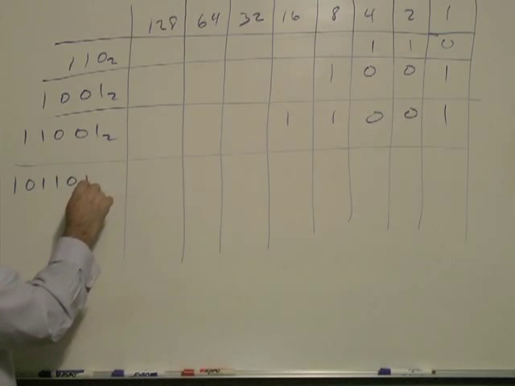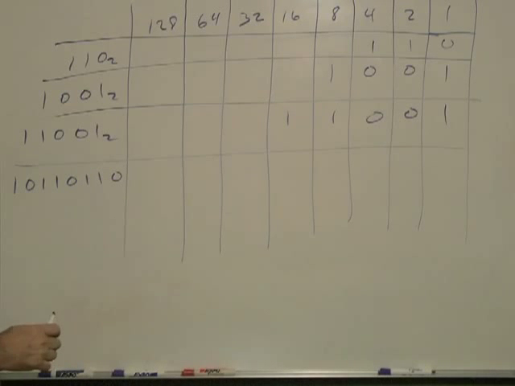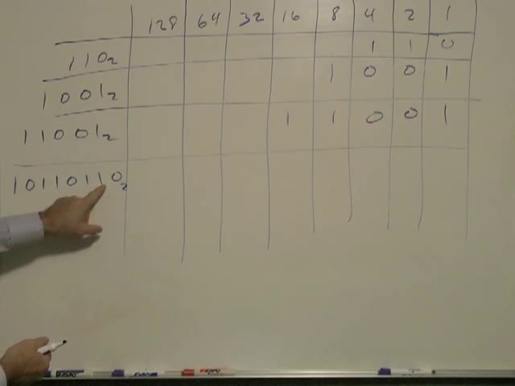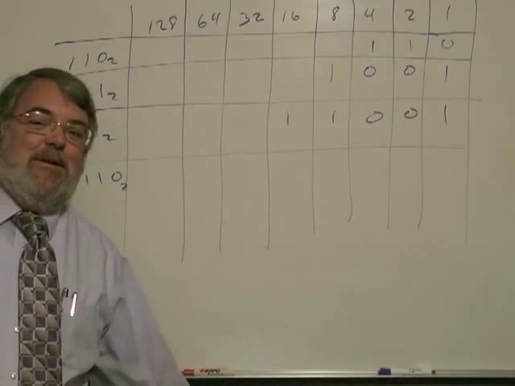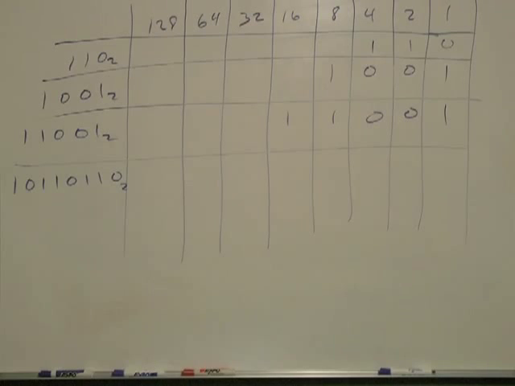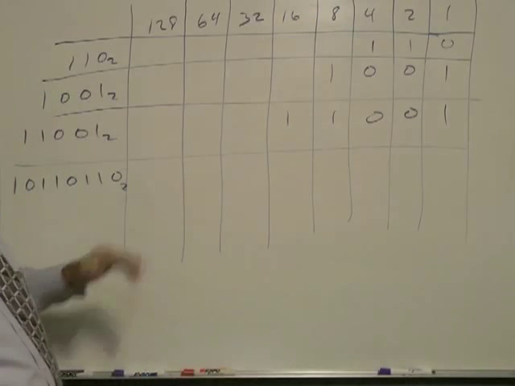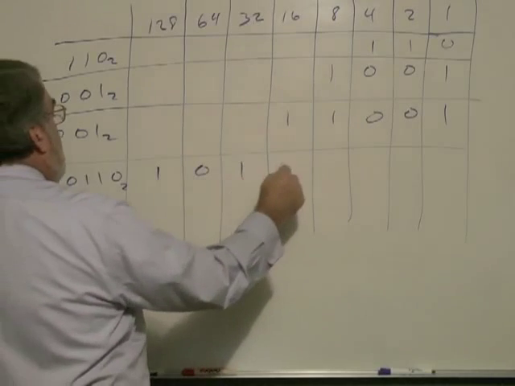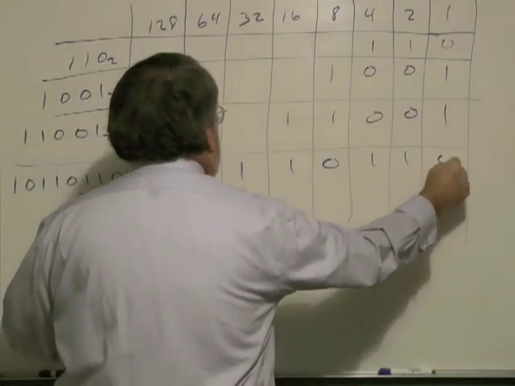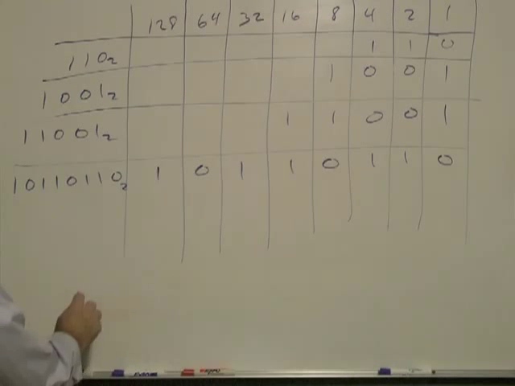10110110, base 2. So did I get 8 digits? 10110110. I have no idea what that is, but why don't you try it? Fill in your ones and zeros and then add them up and see if you can get my answer. All right, so 8 digits, and this covers 8 digits. So I'll start with a 1, 0, 1, 1, 0, 1, 1, 0. And so this number